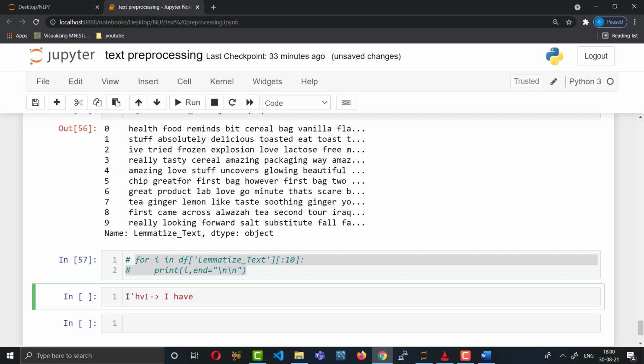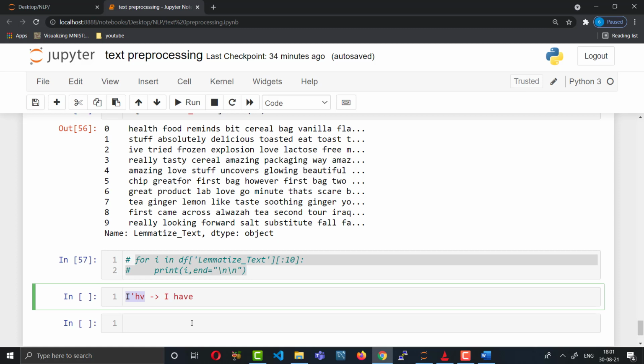This word is called a contraction. It is also a very good practice to remove contraction words, and there is a Python-based library for handling contractions. It will convert this word back to I have. After that we use stop words to remove things, and after that there are several ways, depending upon our project requirement, to clean the data.